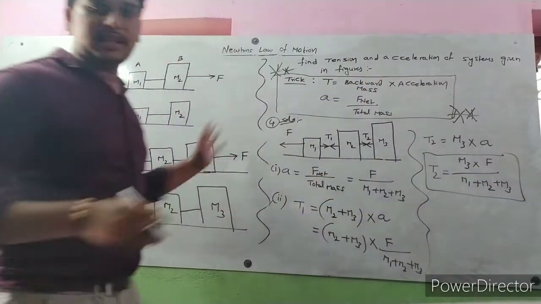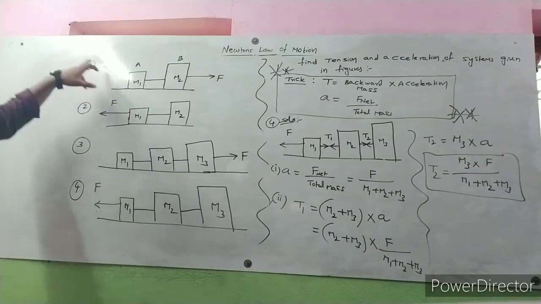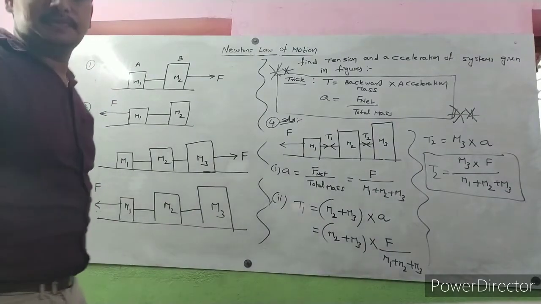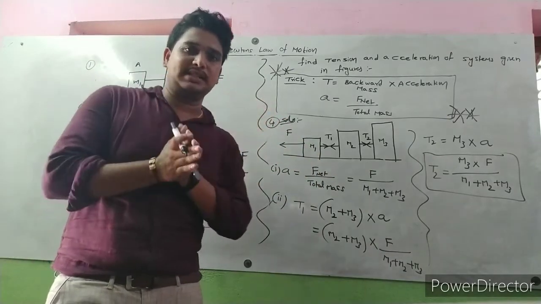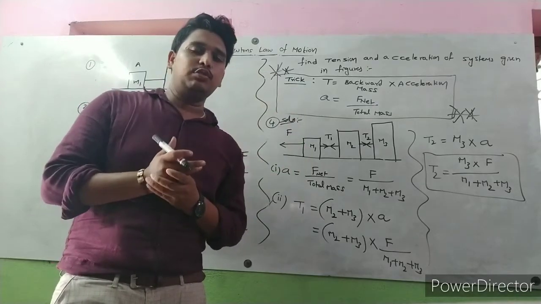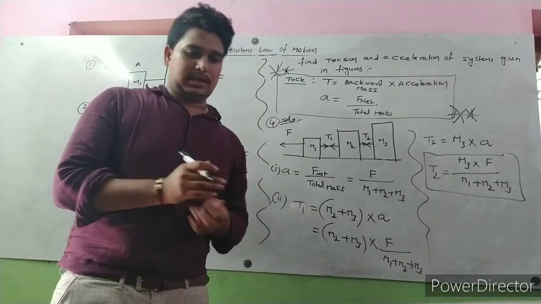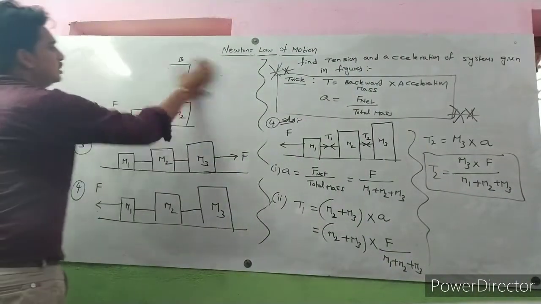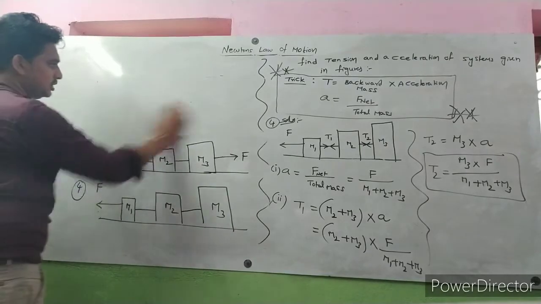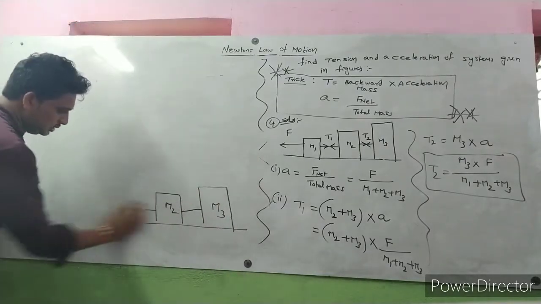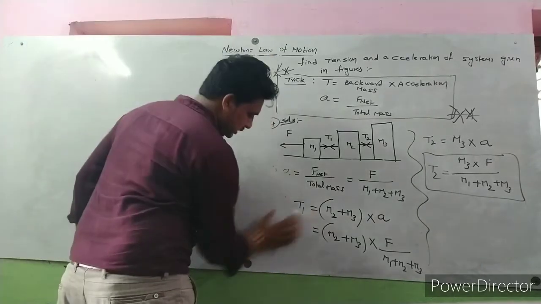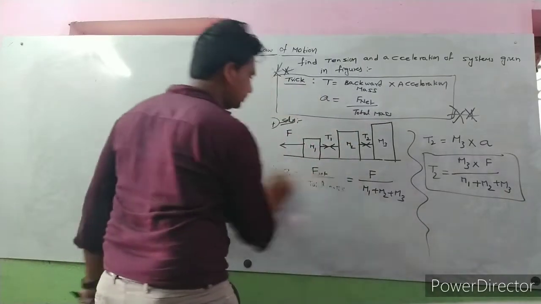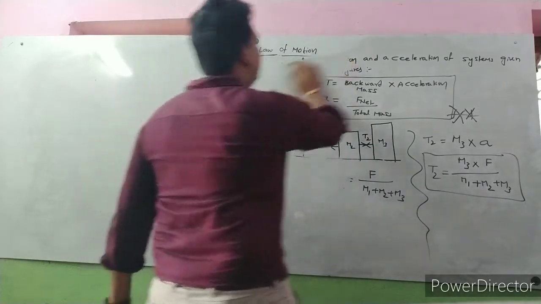So this is the solution to questions 1, 2, 3, 4 and 5, where two blocks are connected by a string. Whenever two bodies are connected by a string, this is how to find the acceleration of the system and the tension between each block. Now I am going to solve one more question, the most important one in this lecture. This is about contact bodies and connecting bodies problems.